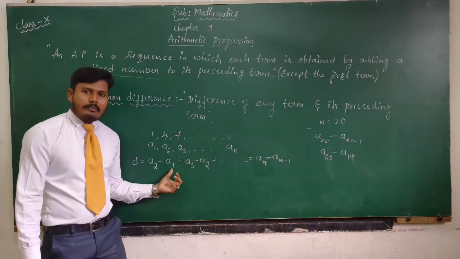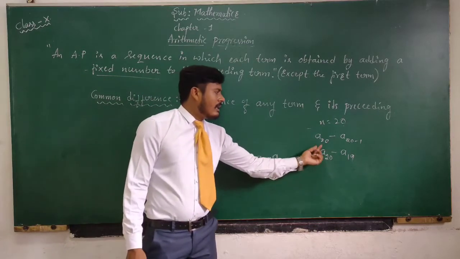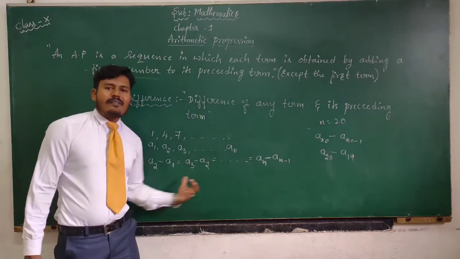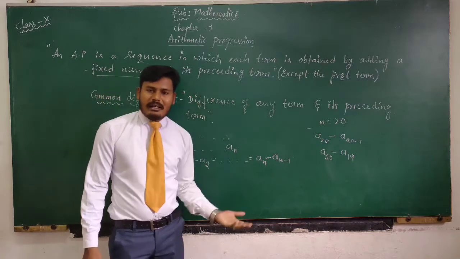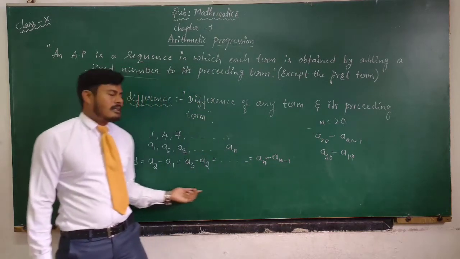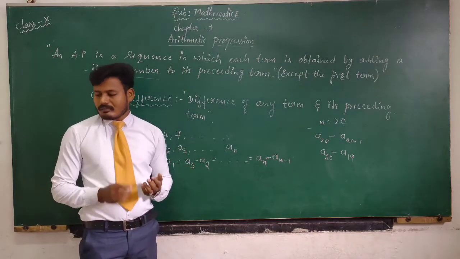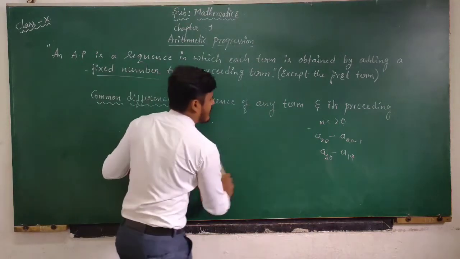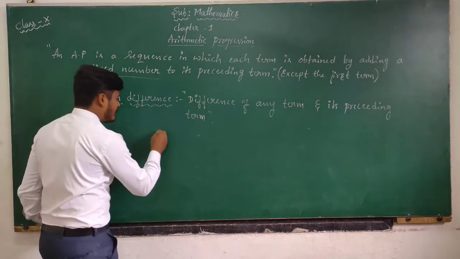So a2 minus a1, a3 minus a2, and so on, a(n) minus a(n minus 1), because whatever value of n you substitute, you will get the same pattern of numbers. So a20 minus a19, or a19 minus a18, or a100 minus a99, these are the formulas to find the common difference of any arithmetic progression. Now consider some lists of numbers and solve for their common differences. You should observe carefully.